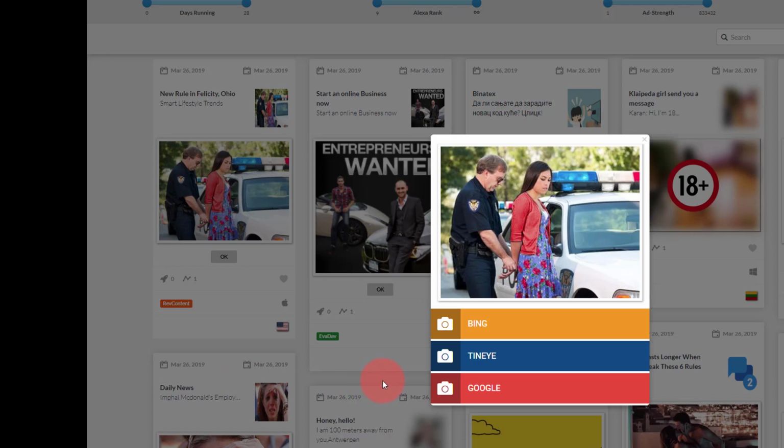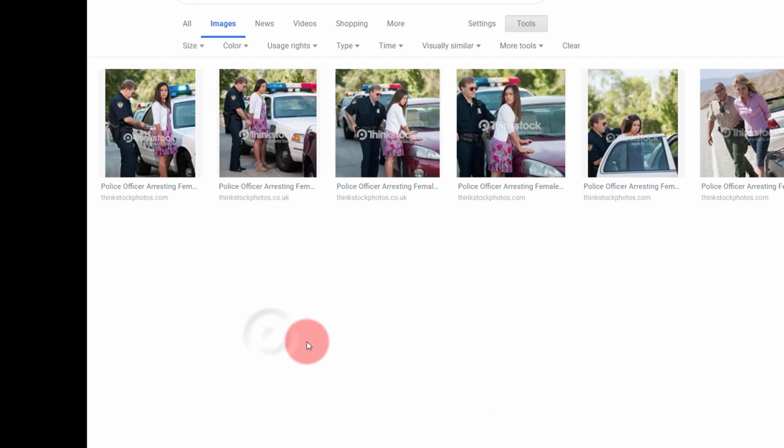Let's just click on Google and see what kind of results we get. As you can see, it opens the Google reverse search results page in a new browser tab, and it helps you to identify visually similar looking images. This is a great feature if you don't want to copy someone else's image and want to find something similar using any of these search engines. Let's close this pop-up now